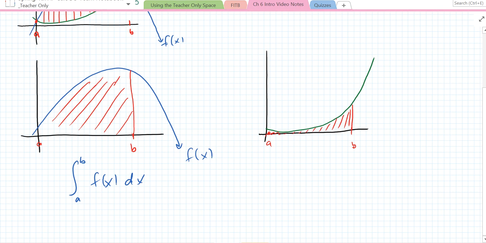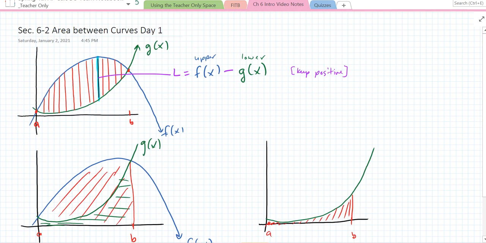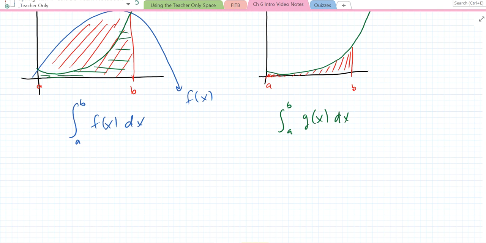Right? Those are two different problems. This would be the integral from A to B of g of x dx. And how do we find the area between them? Well, we would subtract them. If we take this area right here that we had down here, let me exaggerate a little bit. If this is g of x, and we subtract all of this area off of the f area for f of x, will we get the region between the two curves? Exactly what we will do. So we will subtract these,